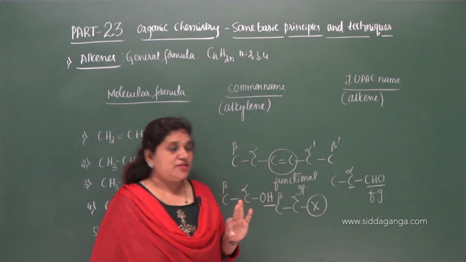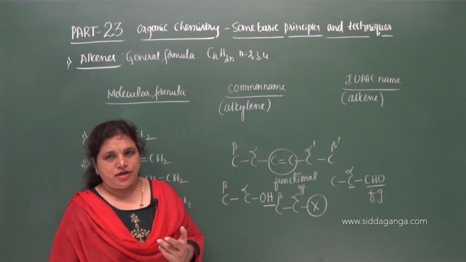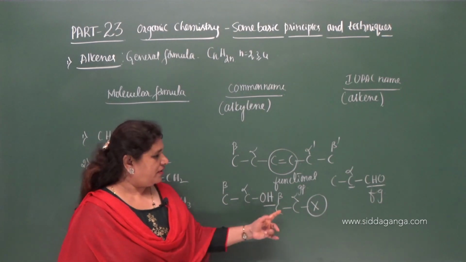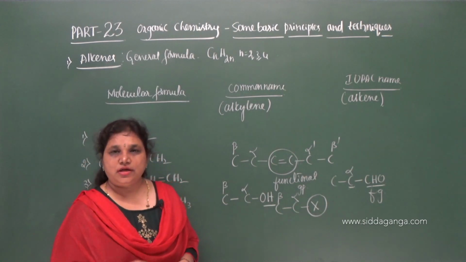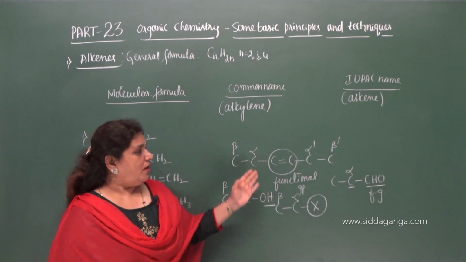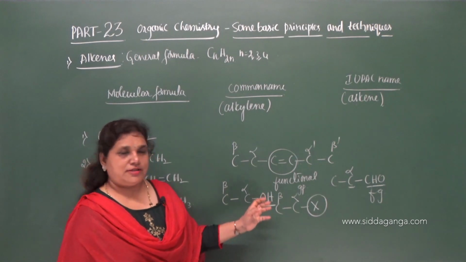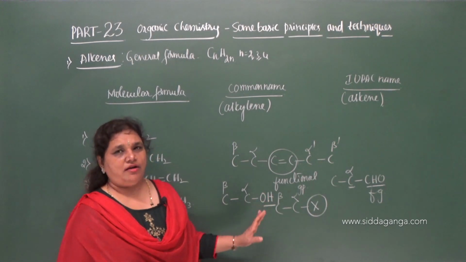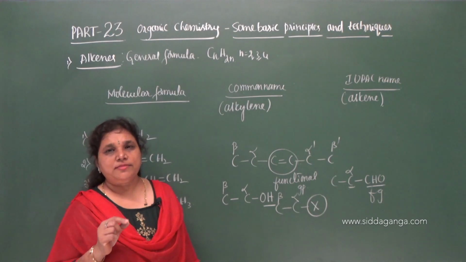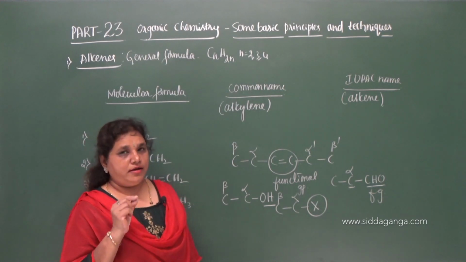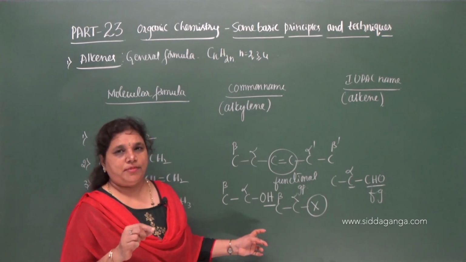The carbon atom which is adjacent to the functional group, and that functional group may be primary or it may be secondary, and even the substituent also, halogen also a functional group. So the carbon which is adjacent to the functional group or the substituent group is nothing but alpha carbon. If any carbon atom is present in the functional group, we cannot give the Greek letter alpha, beta, gamma to that carbon,